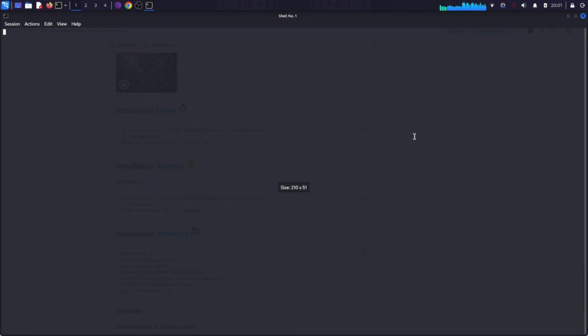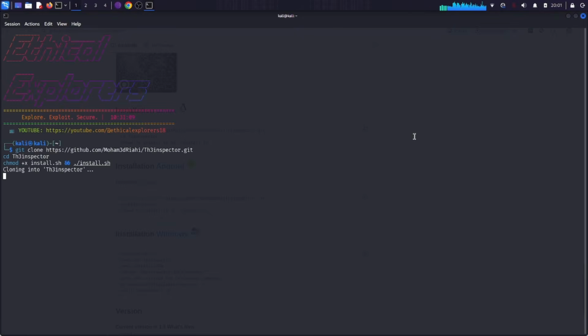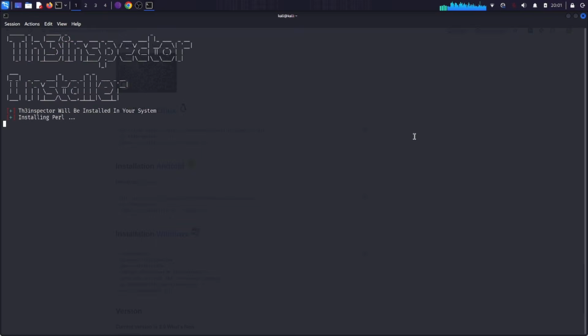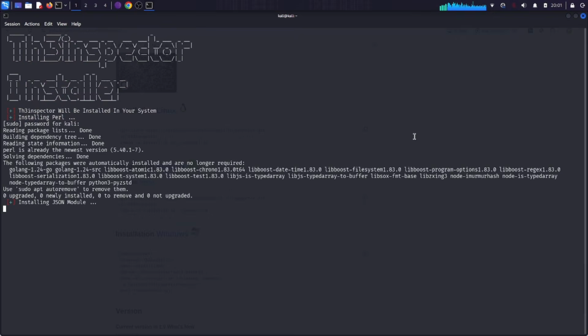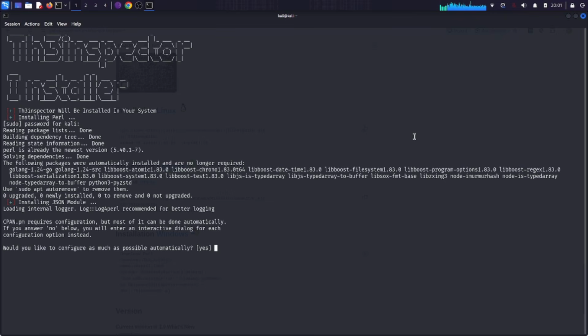To begin the installation process, you will need to open up your Kali Linux terminal. Make sure your system packages are up to date before installing new software, though it is not strictly required for this script. We're going to pull the tool directly from its source repository on GitHub. Type the following command into your terminal: git clone